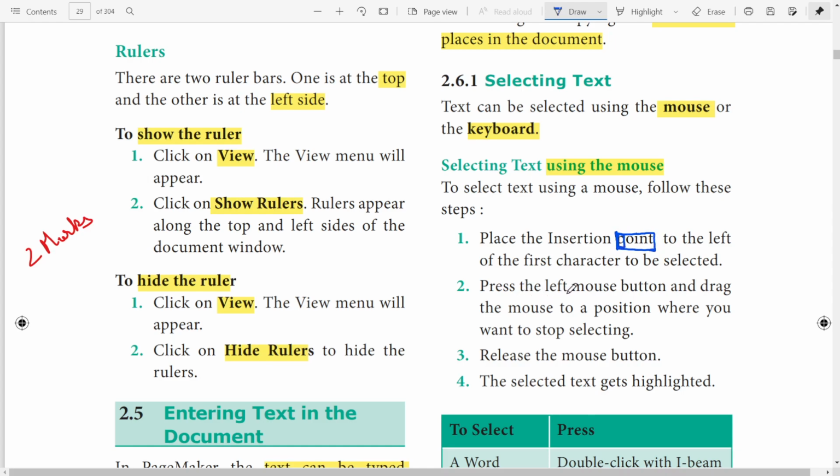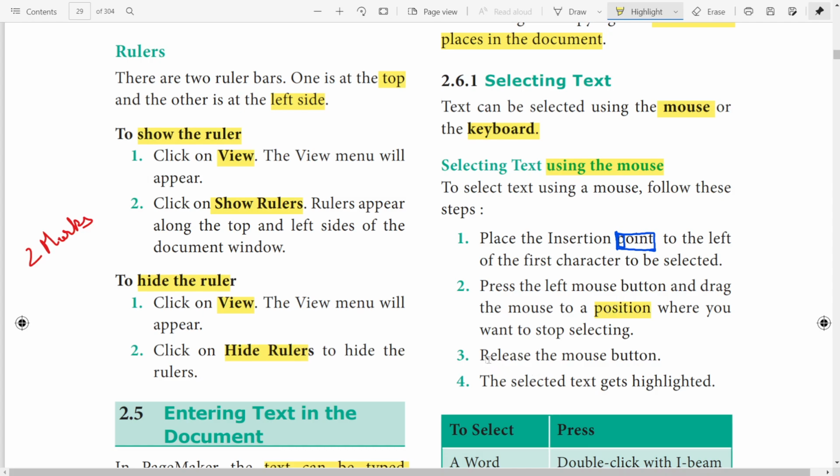Next, press the left mouse button and drag the mouse to the position where you want to stop selecting. For example, now I am dragging the mouse from P to N. In this way we have to select. Is it clear? Next, after selecting, you have to release the button.